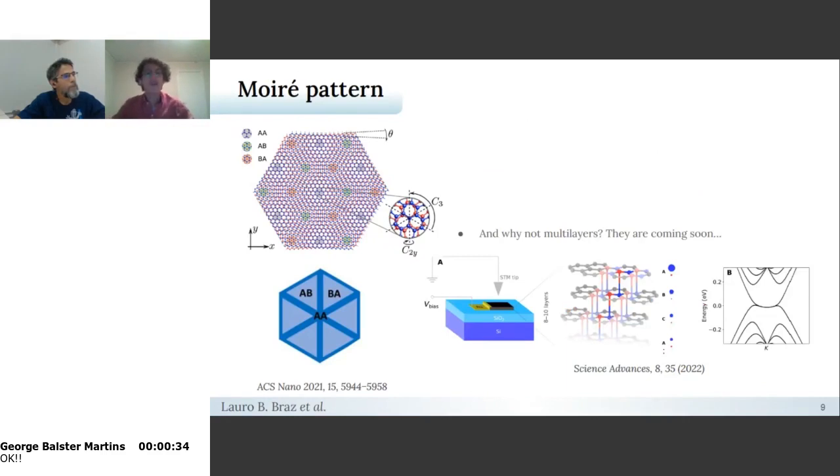Well, two layers are really interesting, but why not more? So an immediate step the literature can go through is increasing the number of layers, and it has been done. For example, this year a Science paper has studied how a few layers of ABC stacking graphene can generate these flat bands and actually present superconductivity in it. So that's a part of the scenario of these graphene few-layer systems, and there are also the now emergent so-called TMDs, transition metal